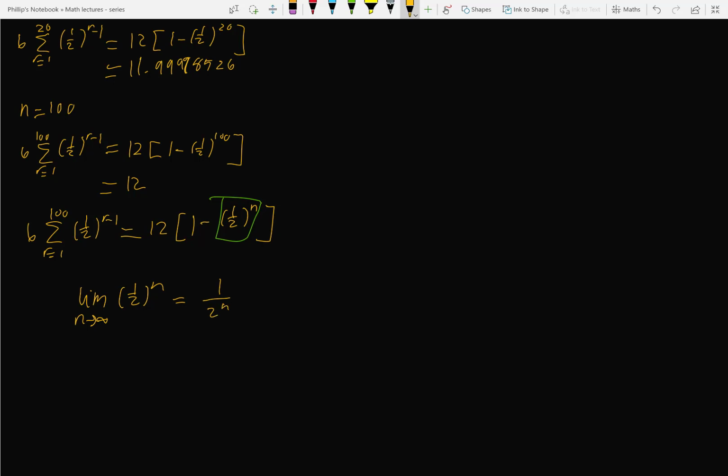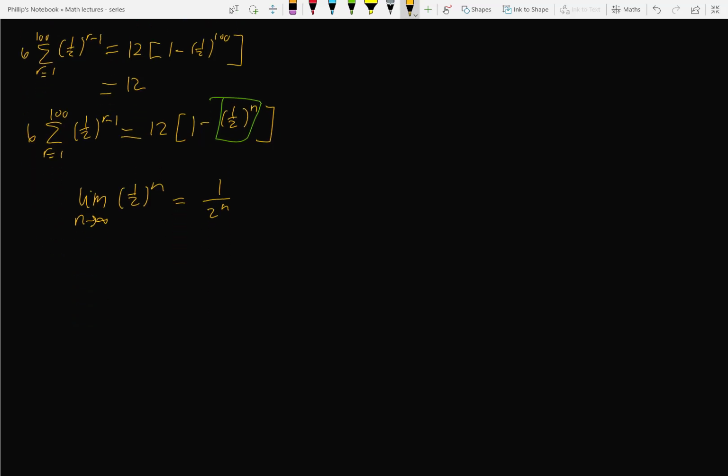Now what happens to a number when the numerator stays the same and the denominator gets bigger and bigger and bigger? So when n equals 1, we've got 1 divided by 2, which is a half, which is 0.5. When n is equal to 2, we've got 1 divided by 2 squared, which is 4, so 1 over 4, which is 0.25. When n equals 10, 2 to the 10 is 1024, so that's 1 over 1024, and then 1 divided by 1024 equals